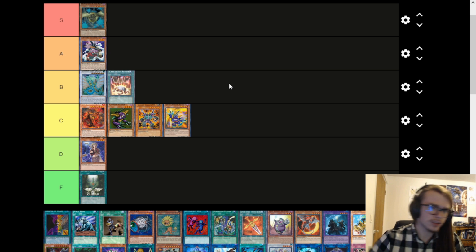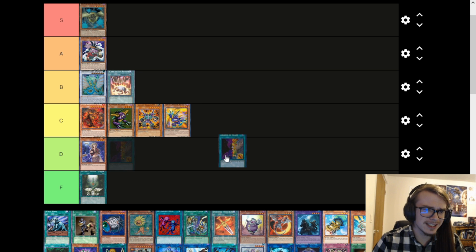You just get to draw cards while special summoning back monsters, or if you special summon back monsters. Just an absolutely insane card, and allows you to just gain infinite advantage, basically. Change of Heart is